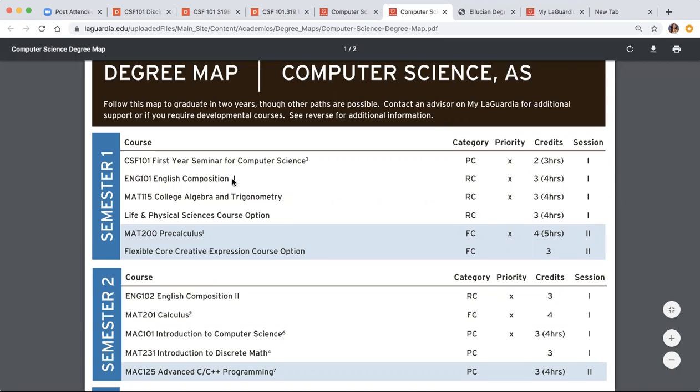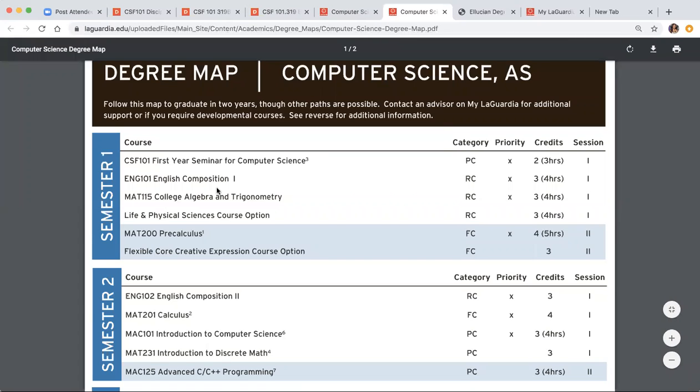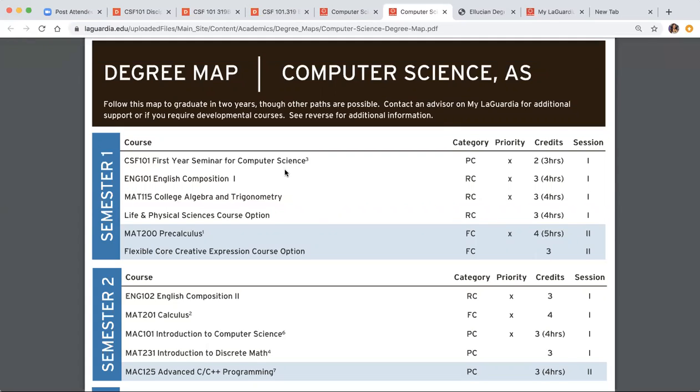I highly recommend all of you print out your degree maps and go through each of the classes on your DegreeWorks and check them off. Check off what you need or what you have already. And then whatever you checked off, you just skip over it. So say if I already have English composition, I'm going to X that out, and then I'm going to continue with my semester. So if I have first year seminar, okay, MAT 115, yeah, and then life and physical science,